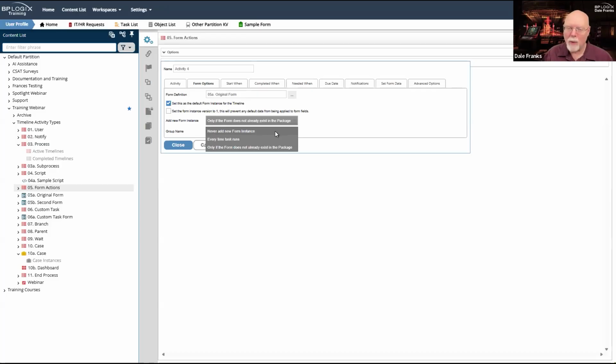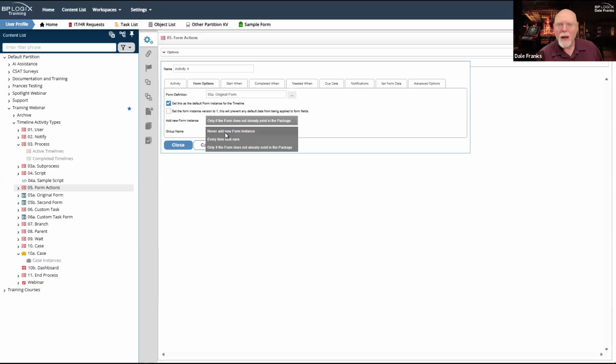Process Director does not want to do anything when you tell it to do two completely different things. So it will do nothing and make you figure it out. It'll just drop into an error state at this point. So you never want to use this never add new form instance unless you're absolutely positively sure that that form instance is going to be added at some other stage.